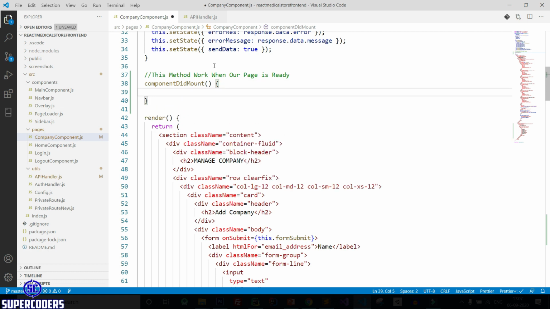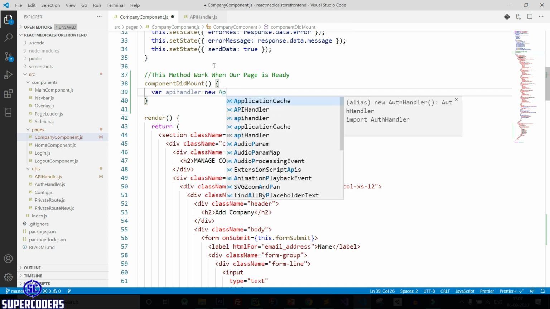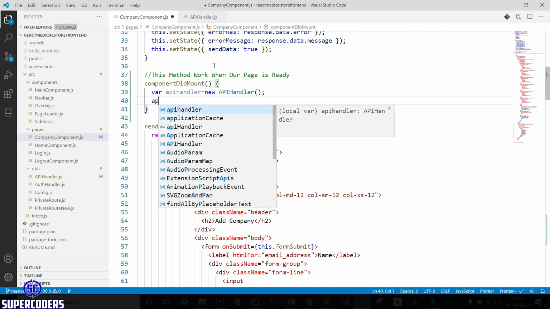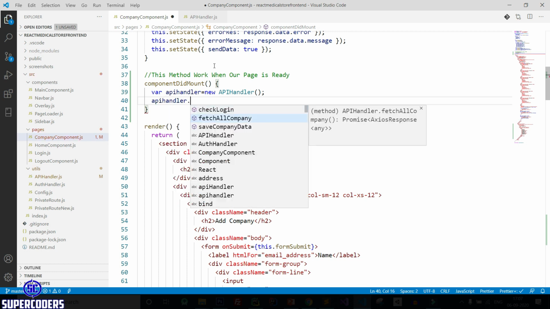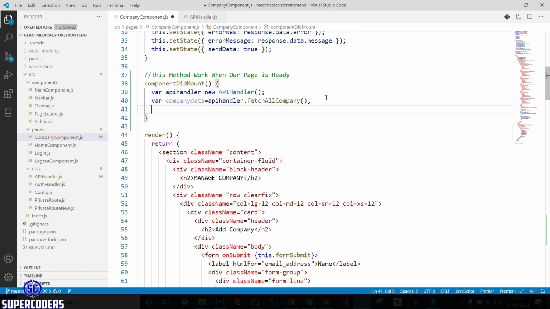So here calling the API handler. So const API handler equal to new API handler. After that API handler dot fetch all company. So const company data equal to, now let's print this company data.